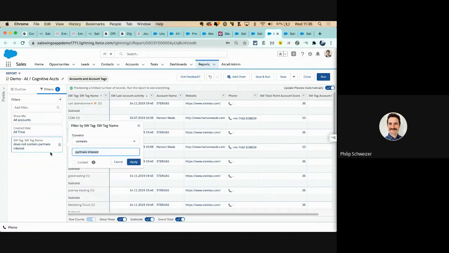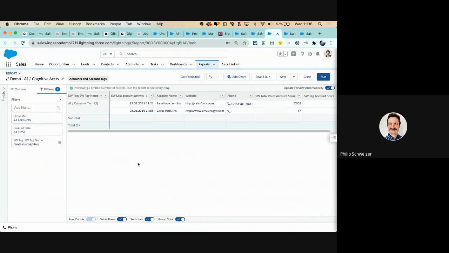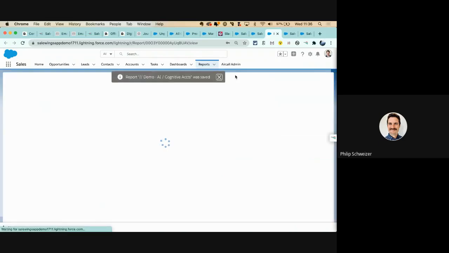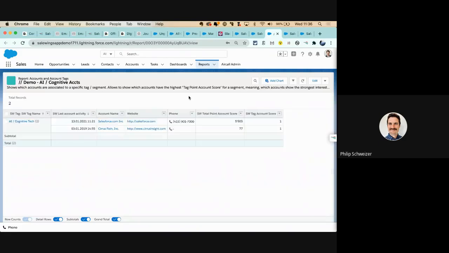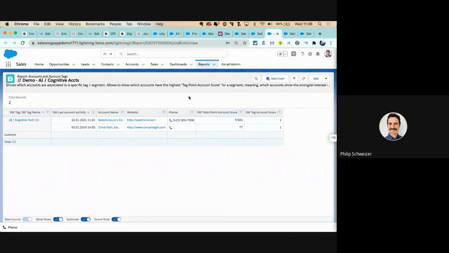So I'm just going to say, for my sales team, I want a report showing all the accounts that have actively shown interest in AI cognitive tech, whether that's an engagement with an ad we have live, or something, or simply browsing the resource section.